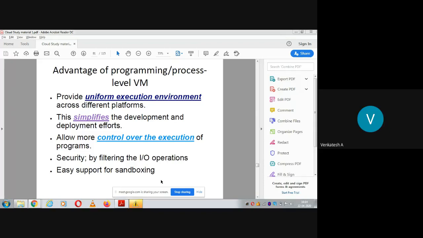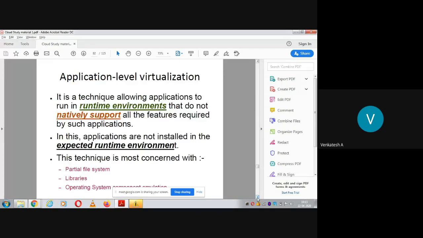Similarly, when you have a bytecode, if you just know how to execute the bytecode, that is good enough. You need not worry about what kind of code they have written for this program. When you know what kind of code is written and what the logic inside that bytecode is, then we don't call it sandbox. We call it glass box. Okay. So next is application level virtualization.